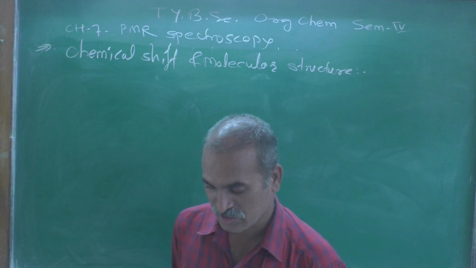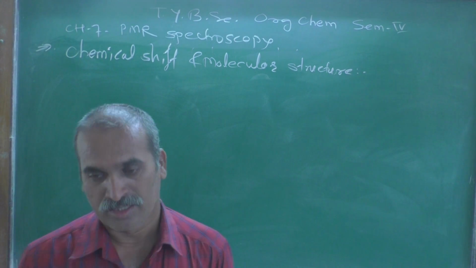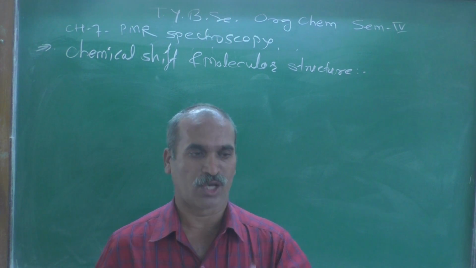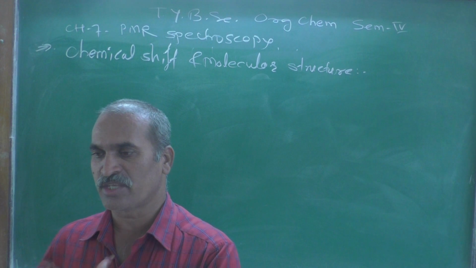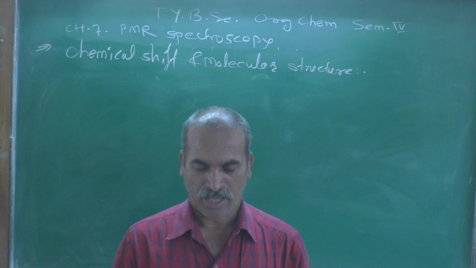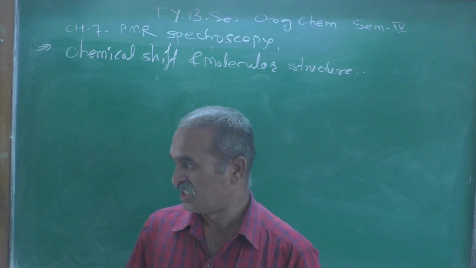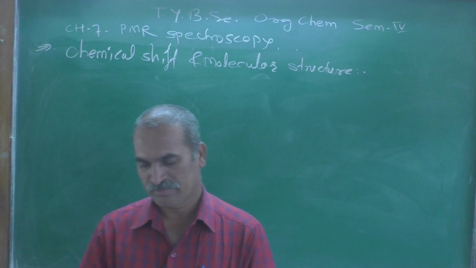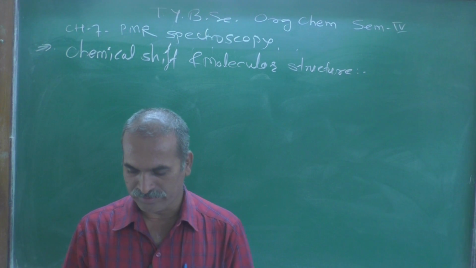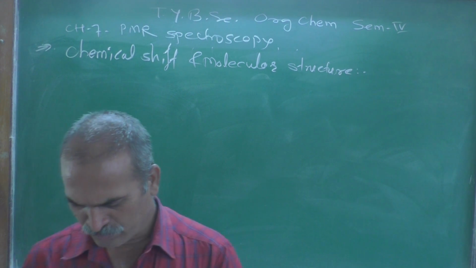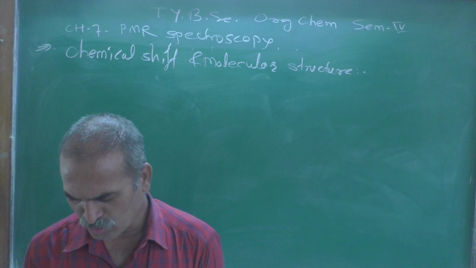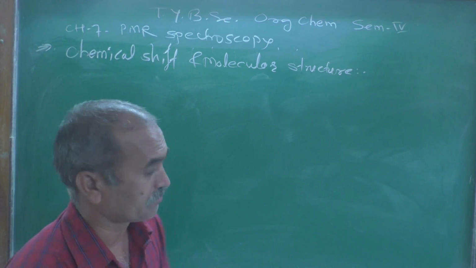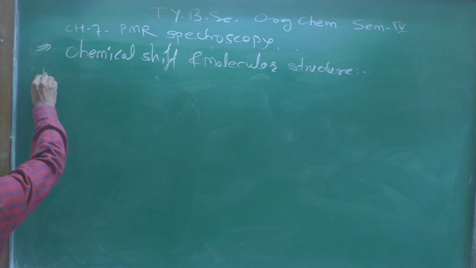So this is the discussion we already had: why these chemical shift values go on changing just by replacing the halogen atom, and why a general trend is found in those atoms, which we learned by taking a suitable example. Now moving to the next point: as the number of electronegative atoms increases, the delta value also increases. That is the second point we are discussing here.